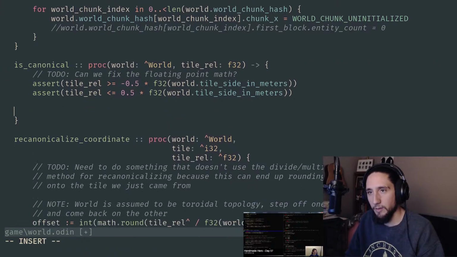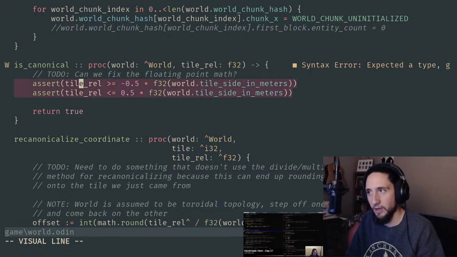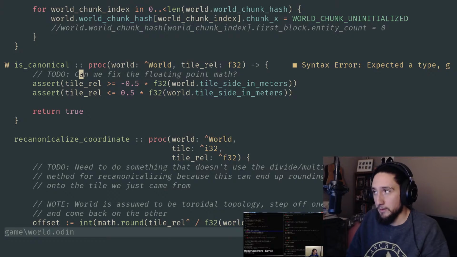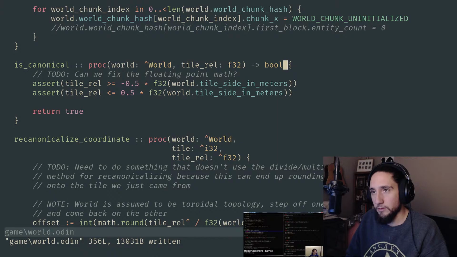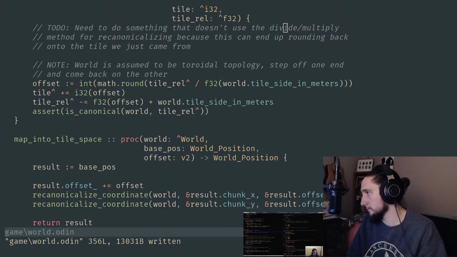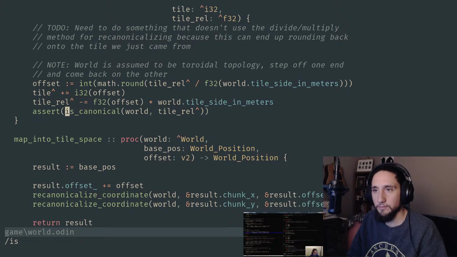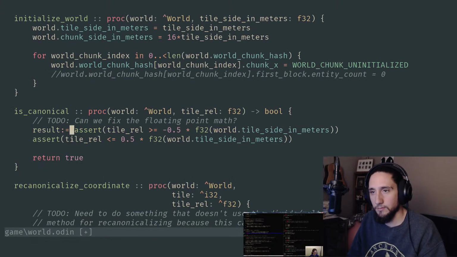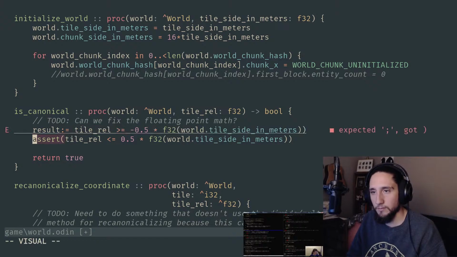And I don't know, seems kind of strange. Are we just going to return true here if we manage to not blow up the procedure with these asserts? What? Oh, I didn't finish writing that in, apparently. That will now basically give us something like this, where we'll say, all right, it's canonical if it's within the bounds. And so now we can say we've got that test, and we also will do one where we do